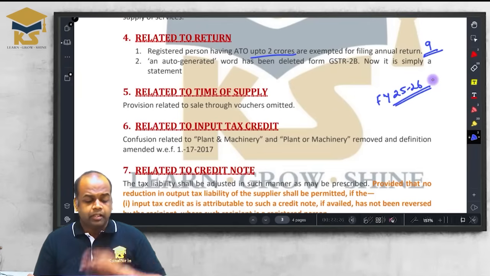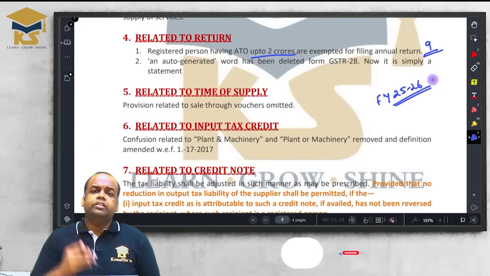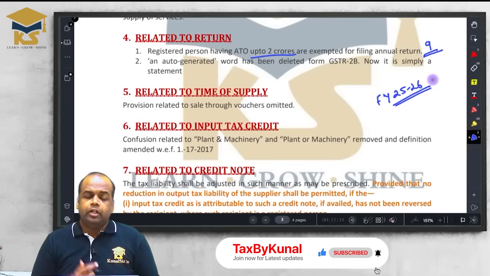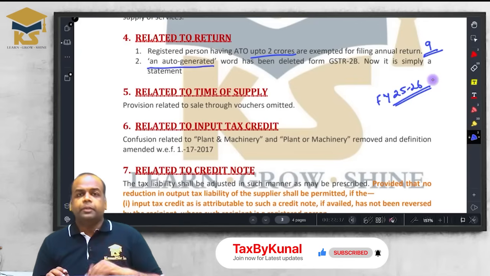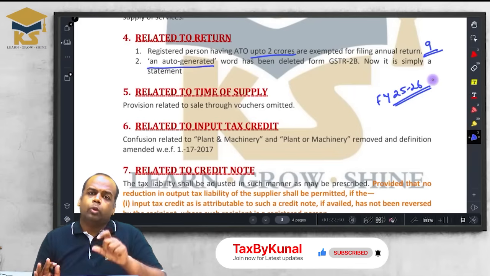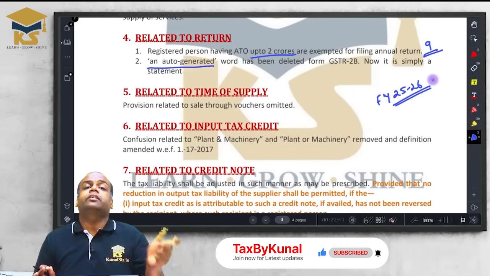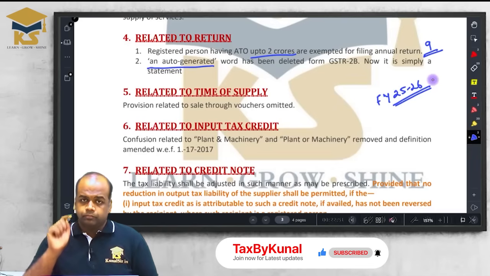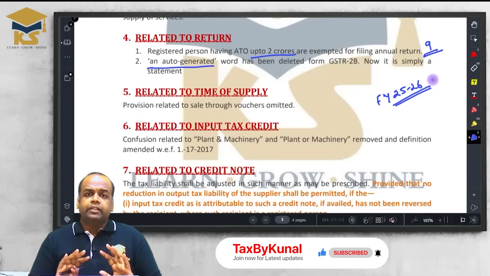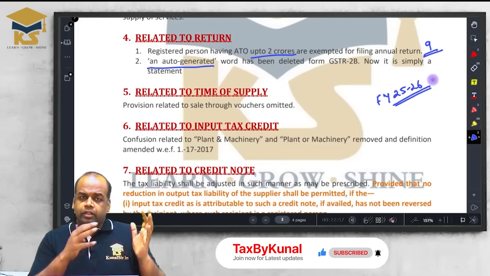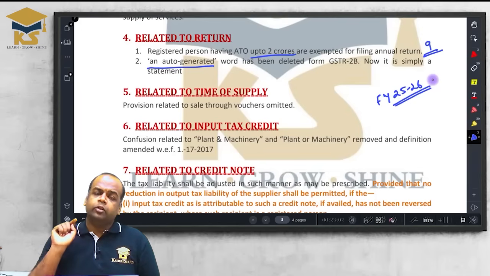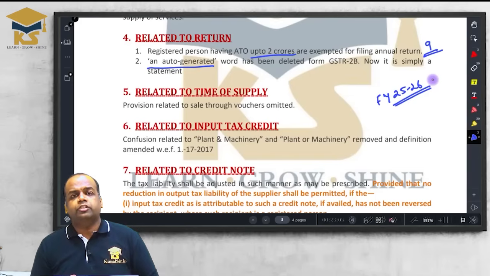Okay, very simple amendment. Second, friends, when we see video, I have used the term GSTR 2B to be an auto-generated statement. Now that auto-generated has been removed and GSTR 2B has also become a static statement. Now it is no more auto-generated. Why? So now friends, we have a concept of IMS, Invoice Management System. Now at present, whatever I have purchased is appearing in my IMS. I have to log into GST portal, accept the invoice and then click on generate GSTR 2B. Then only my GSTR 2B will be generated.